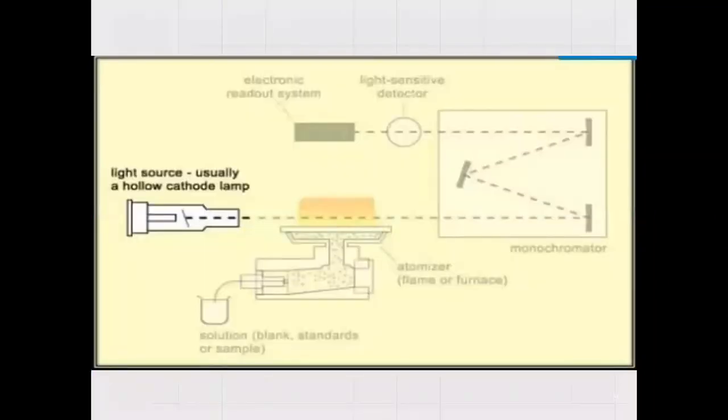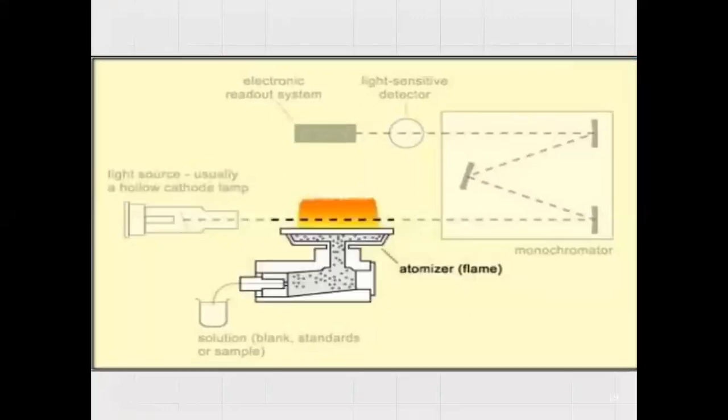So if I start the process of the machine and how the sample is taken up, here I am showing you through the highlighted part that first of all, the light source, which is usually a hollow cathode lamp, starts emitting a particular frequency that we want, or it emits a spectrum of frequencies. And then through the atomizer on the flame, we convert the solution which contains blanks as well as standards of the sample, and it is subjected through various mixes.